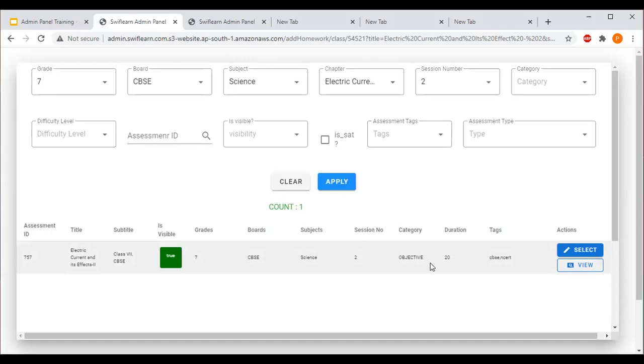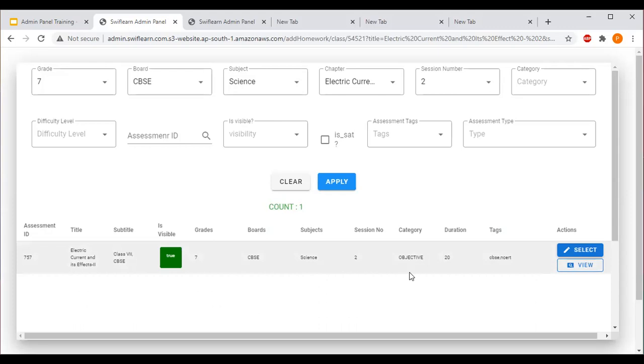Also, one more thing we wanted to add here in scenario one. While assigning the homework, if the teacher gets count two, that means the teacher has two assessments, one objective and one subjective. Then the teacher has to focus more on subjective. The teacher has to only view the subjective and assign that. But if the teacher gets count five, with three subjective and two objective, the teacher has to only view the three subjective, and after viewing all three, whatever assessment is relevant to the chapter which you have finished, please assign that.